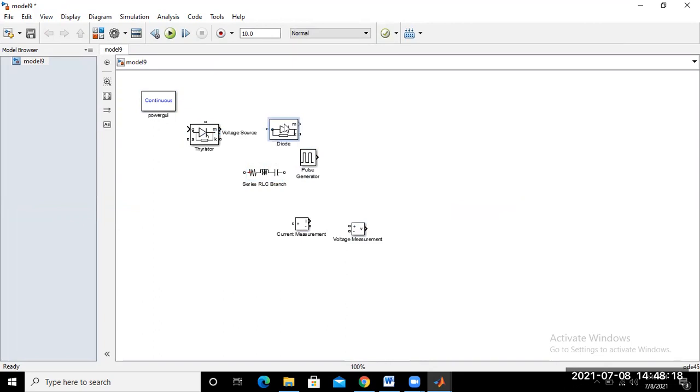This one is your diode, and this one is your thyristor. Now this AC voltage source just place here, and rearrange these blocks.